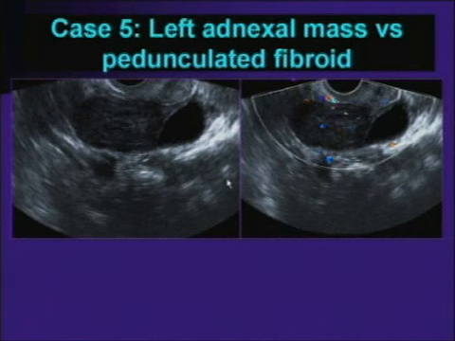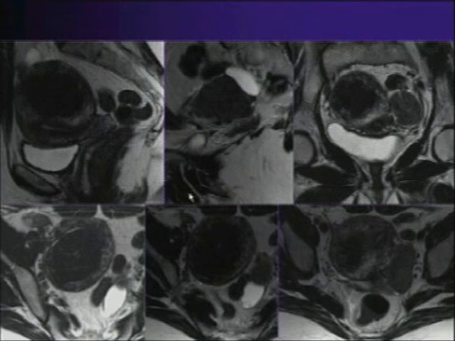Here's another case where we have a left adnexal mass. It's a homogeneous mass, but it has vascularity, and it's unclear whether this is actually arising from the ovary or the broad ligament, or possibly a pedunculated fibroid from the uterus. So the patient came to MR, and we can see that there's a large intramural fibroid here